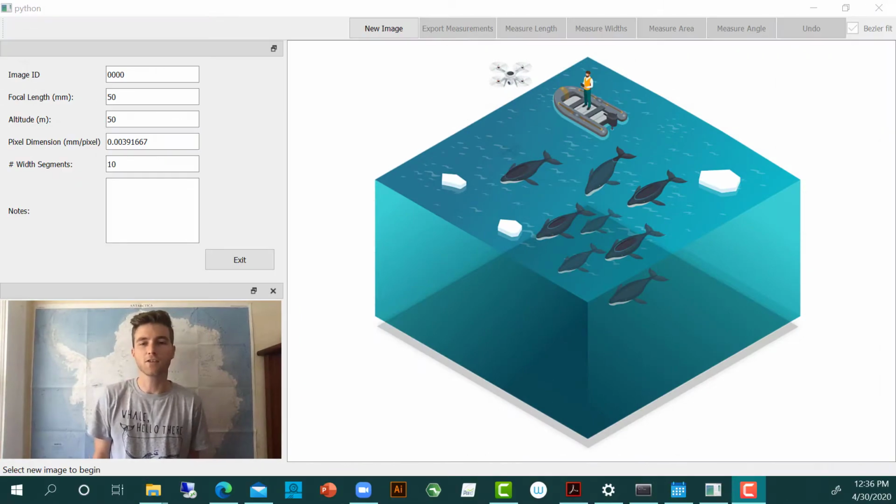Hi everyone, thank you for your interest in this software. This video covers the basics on how to use MorphoMetriX to measure whales. If you haven't yet already, check out our paper at the Journal of Open Source Software. And so let's say that you just got back from the field and you have a bunch of images that